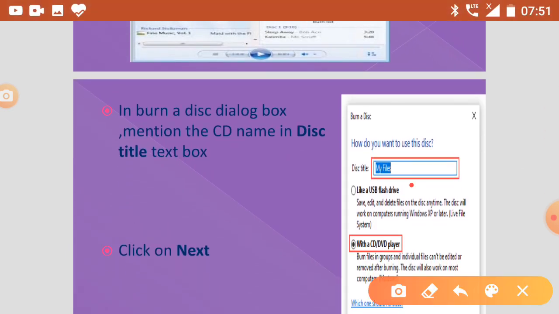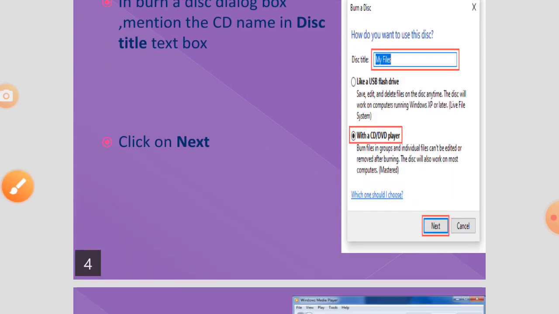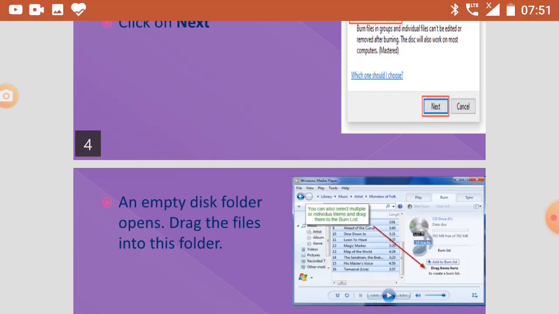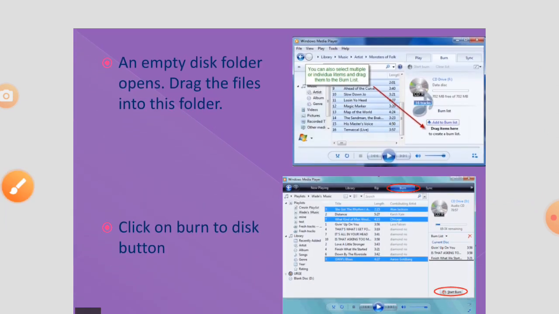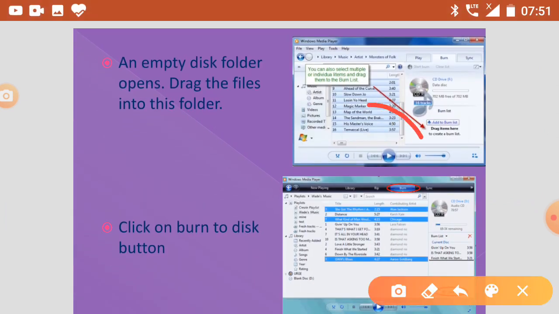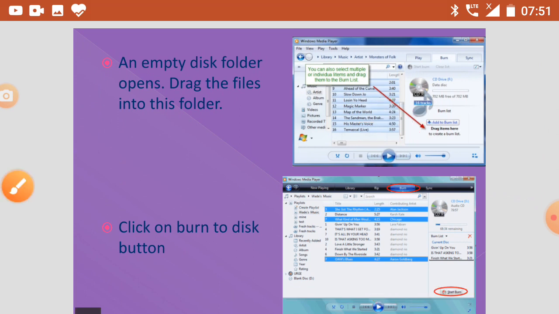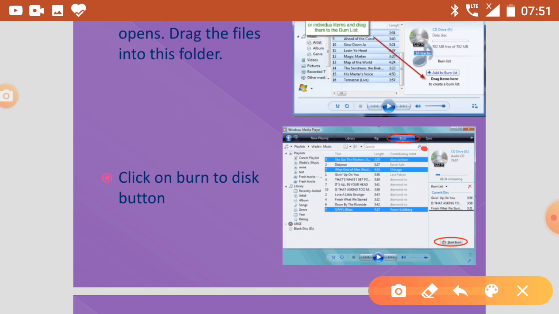You have to mention your file name, and then go to the next option. Now you have to select the songs. Which type of songs you want, you can select here. After that you will click on the burn option. Your burning has been completed.